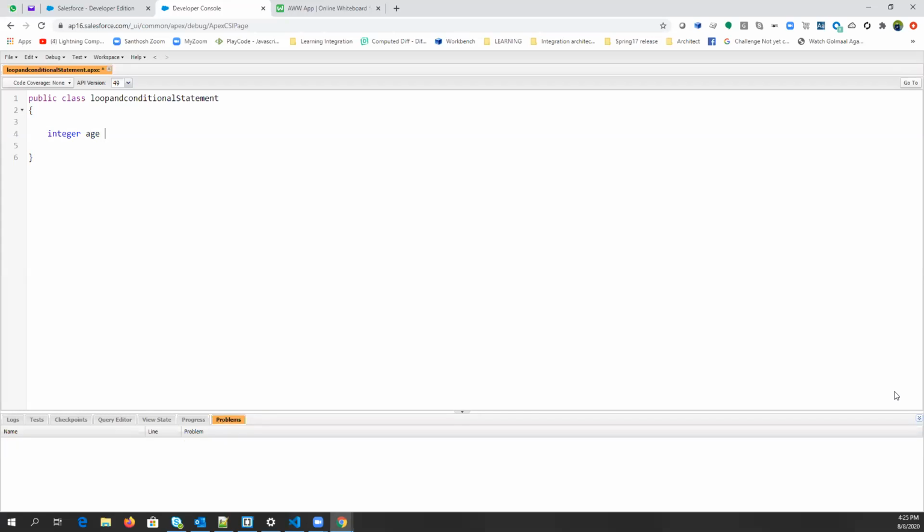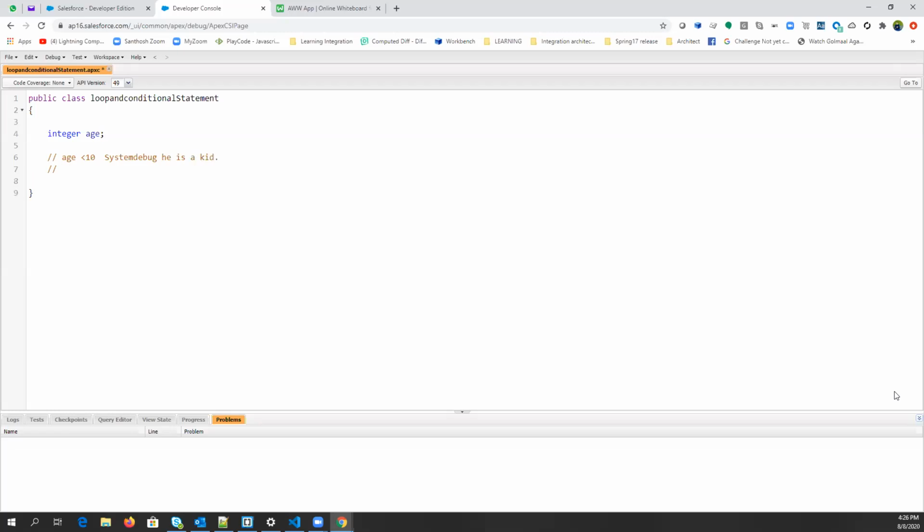And if age is less than 10, then system.debug, he is a kid, right?